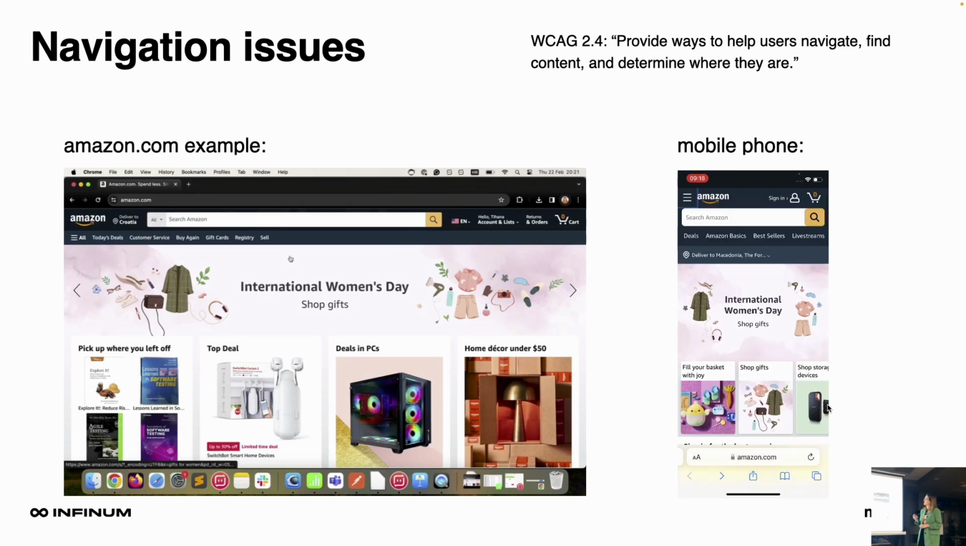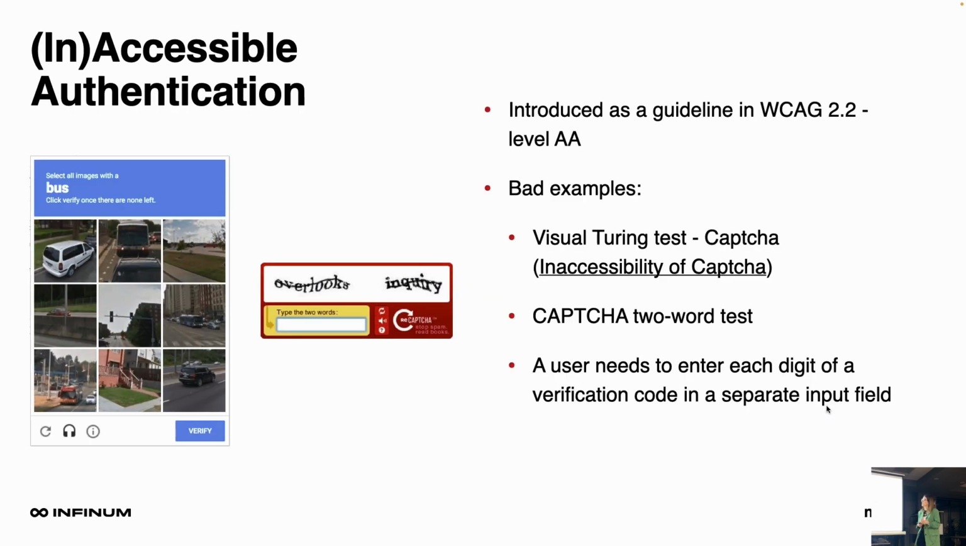Okay, so, sorry. Next one is actually a new thing in the latest version of WCAG. It's about authentication. It was introduced in the latest version. It requires level AA, so it needs to be implemented by law. And here are a few bad examples of authentication